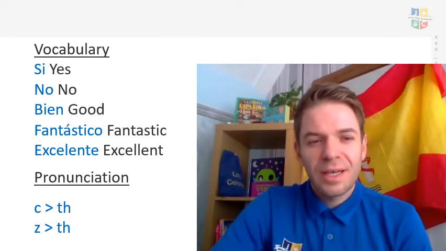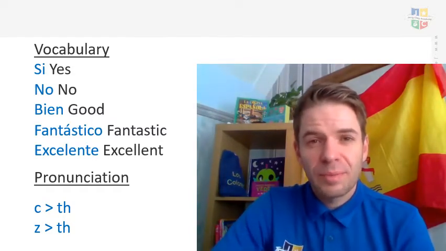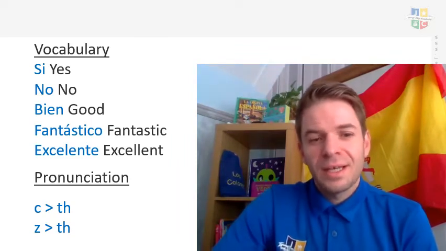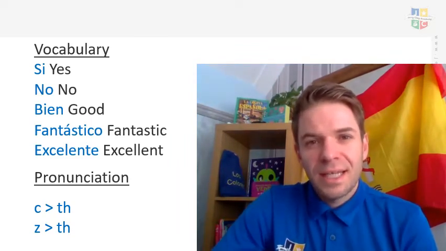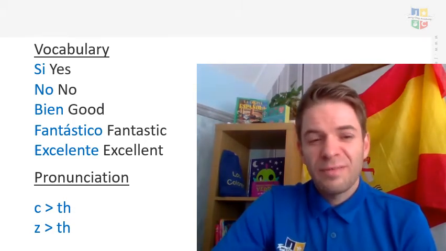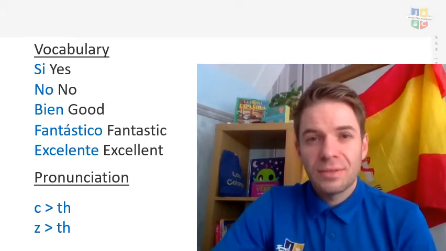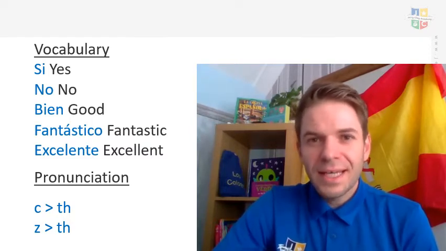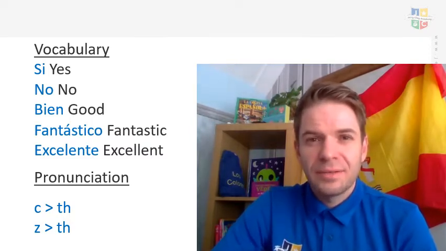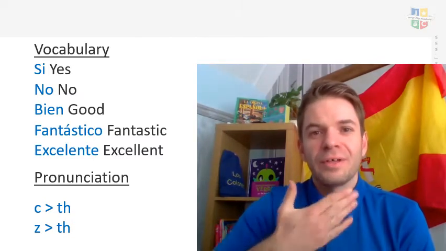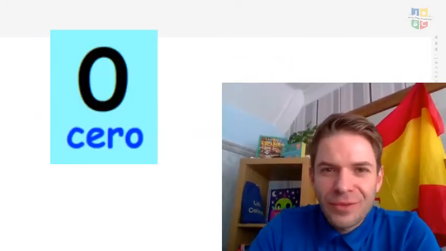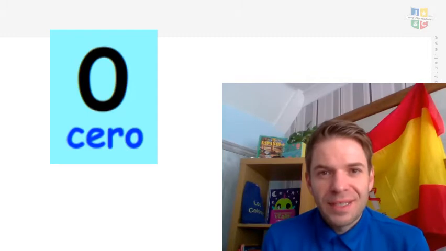And there's just a couple of other things to think about with pronunciation that you'll need to know today as we're learning about the numbers. So the first one, where you might see the letter C, we would usually say k. However, in Spanish, quite often the C sound is pronounced as a th. Also, you might see the letter Z. Now again, in Spanish, sometimes the letter Z is pronounced as a th. You have a go. Th. Brilliant. Fantástico. Bueno, okay, so we're going to look at los números, or numbers now, and we're going to learn